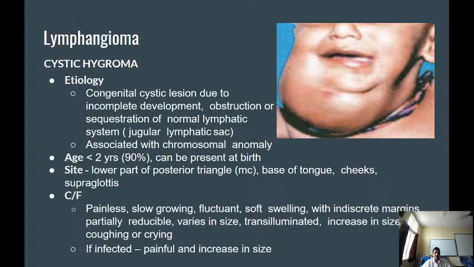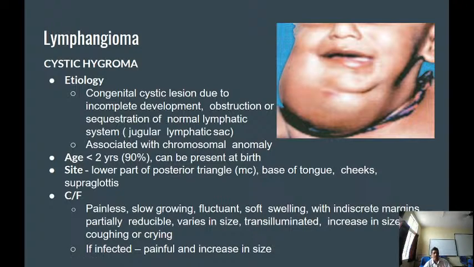The lymphatic system is not developed properly, and so the fluid, the lymph, gets accumulated in the form of various locules, various cysts, and usually they present at a young age, within 2 years, and sometimes they may be present at birth also. Usually with a small swelling, it may not give rise to much obstructive symptoms, but as the cyst grows,